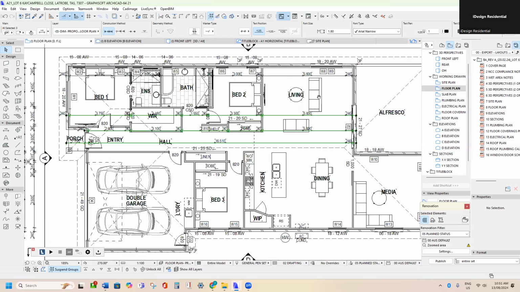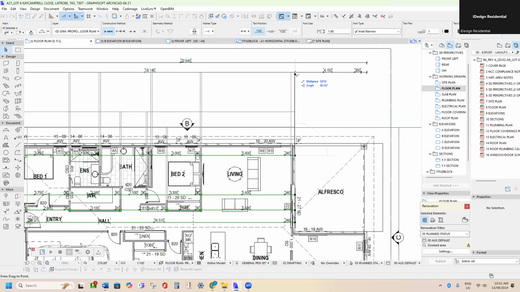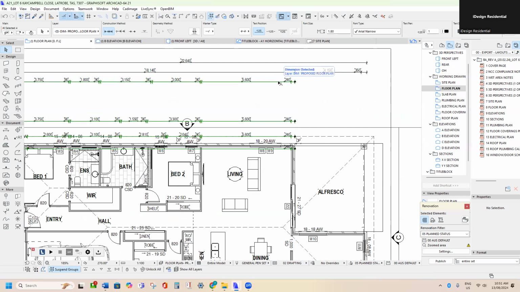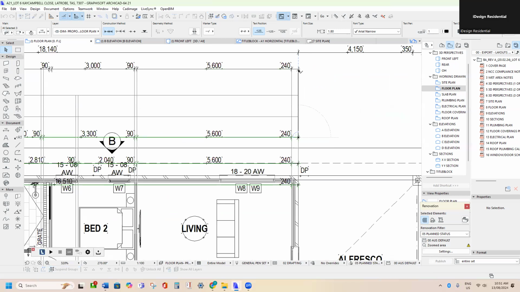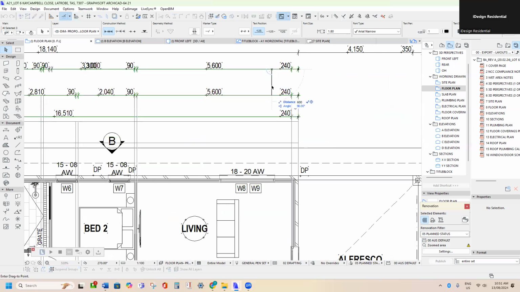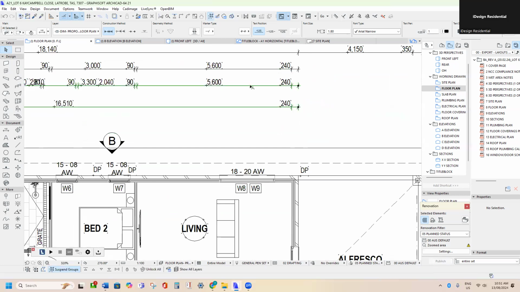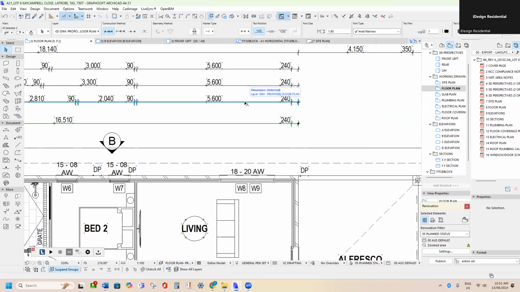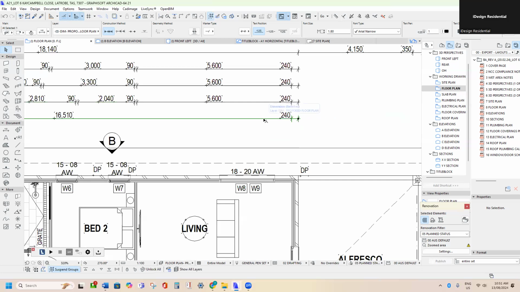Now highlight the other ones, press Control D, click on the black dot, bring it over to the dimension, press Control D, press R, 600, hold Shift, click on that dimension string. Now zoom in, press Control D, do the same with this one, Control D, 600, unhighlight it, drag it over, click, Control D, hold Shift, press R, 600, hold Shift, unhighlight by clicking, Control D, click, press R, 600, and